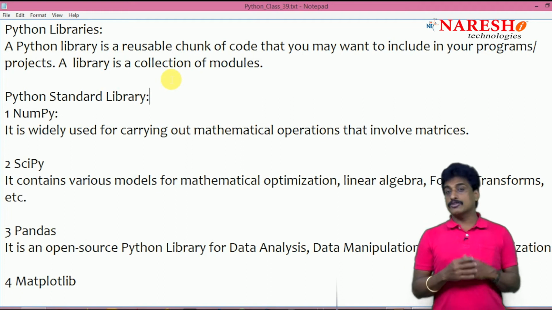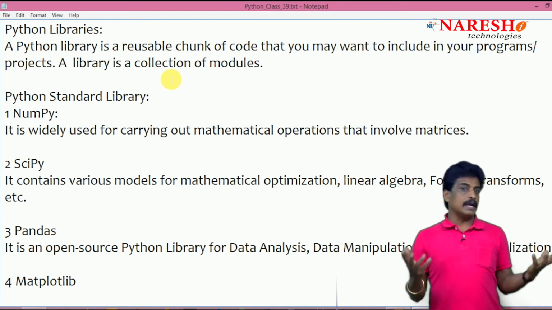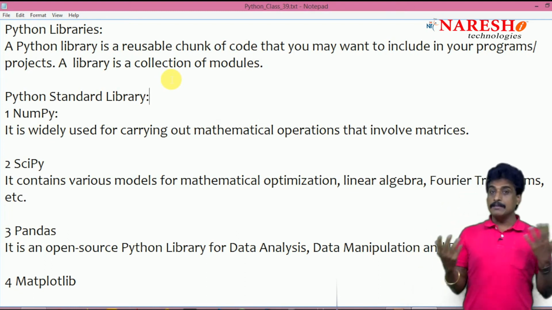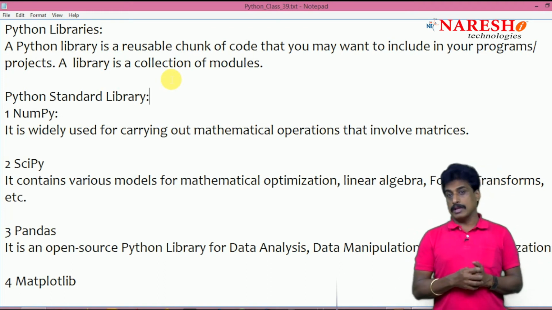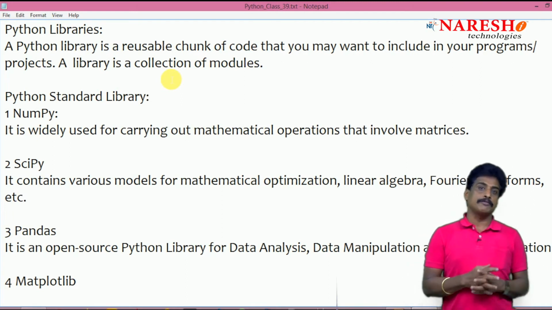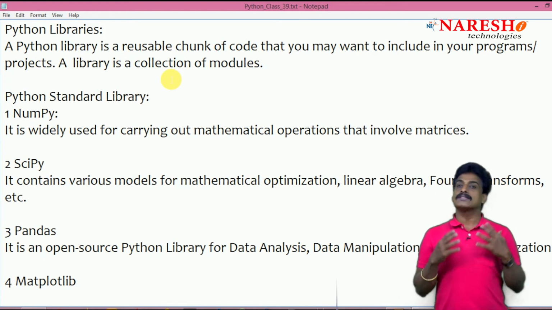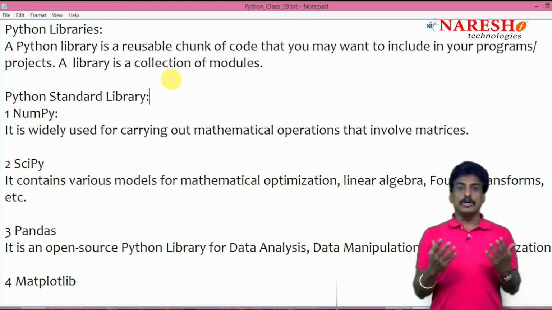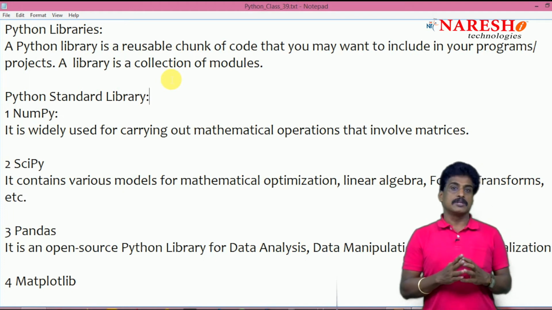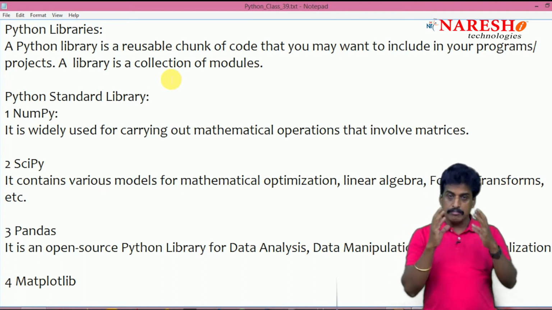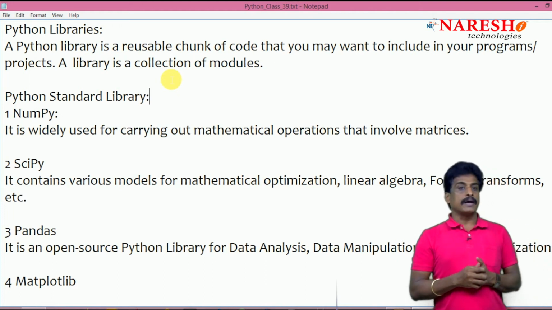Now I'll say another word, a package. What is a package? A package is a kind of reusable program or reusable modules. But in Python, a package is nothing but a folder which contains an __init__.py file. That folder or directory where the file exists, we call a package. But in any way, function, module, library, package, all these are synonyms, nothing but code reusability. In that sequence I am going to share with you in this series Python libraries.